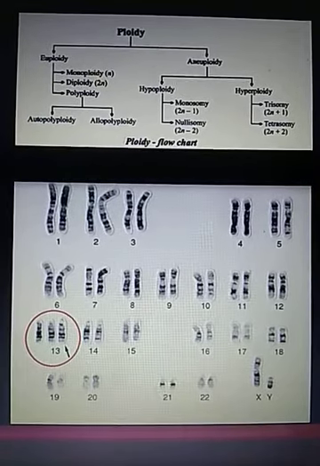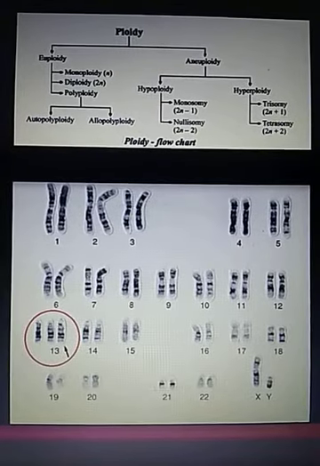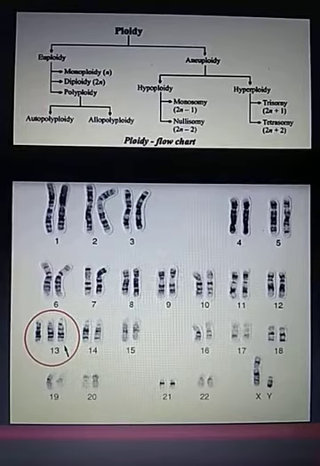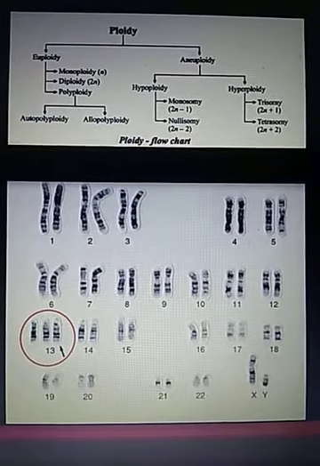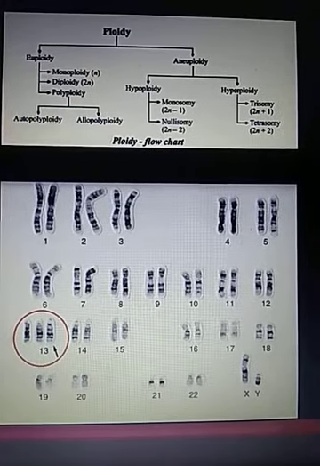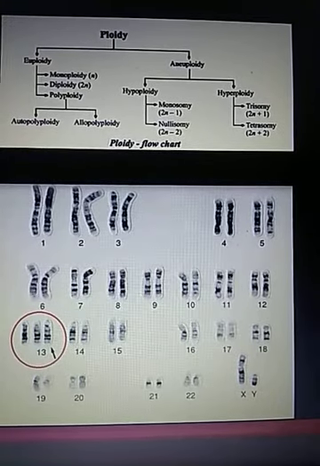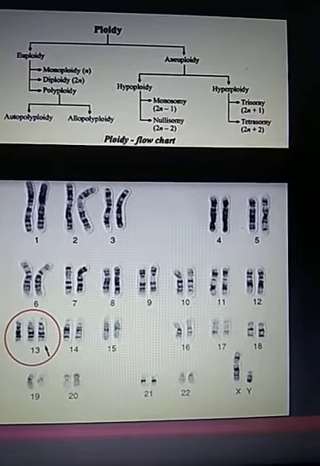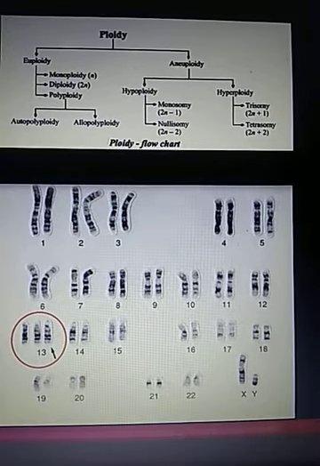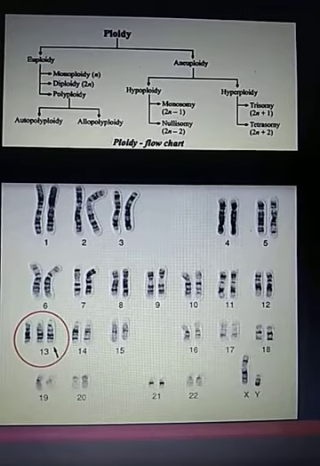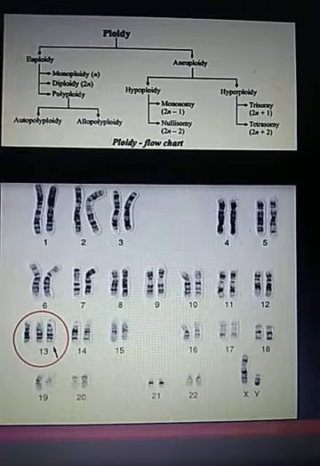So this type of mutation is known as aneuploidy. So what is an aneuploidy? An aneuploid, or aneuploidy, is a condition in which an individual organism's chromosome number differs from the wild type, or the original blueprint, by part of a chromosome set, not the whole chromosome set. Generally, the aneuploid chromosome set differs from wild type by only one or a small number of chromosomes. Aneuploids can have a chromosome number either greater or smaller than that of the wild type.